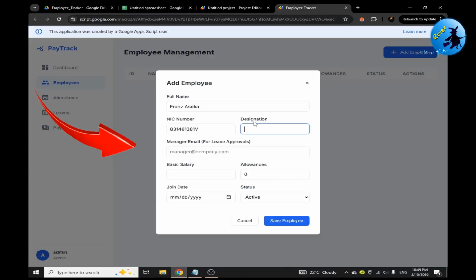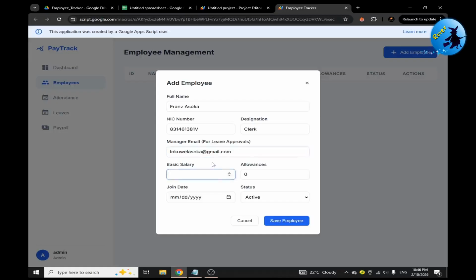And then the designation, just say Clerk. And there you need to enter the email address, the manager's email address for leave approval. Here just say the manager's email address is lokwellasok@gmail.com,